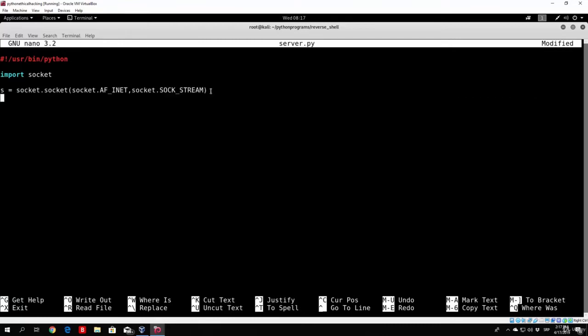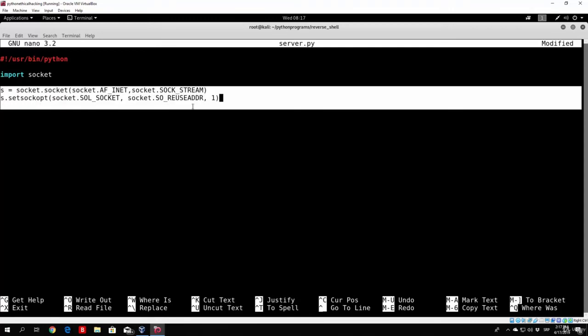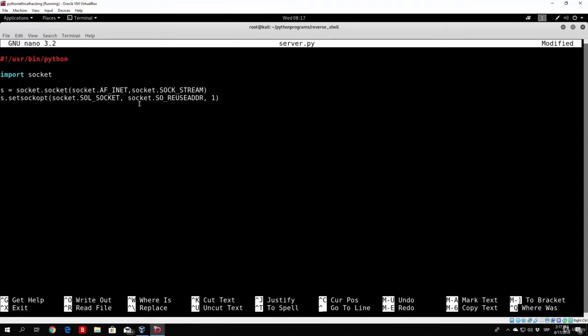So in the next line, we will set some of the options for our socket object. In order to do that, we will use a function called setsockopt, and in the brackets just specify socket.SOL_SOCKET, comma, socket.SO_REUSEADDR. After that, comma 1, and that is all we need to do for our socket object in the entire program. We set some of the options, we also created the socket,